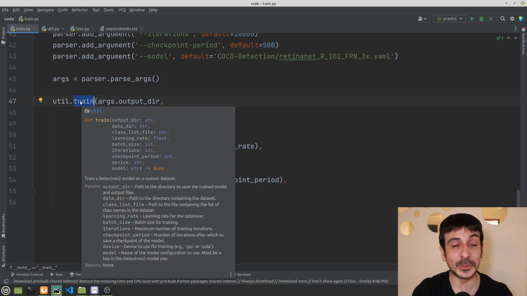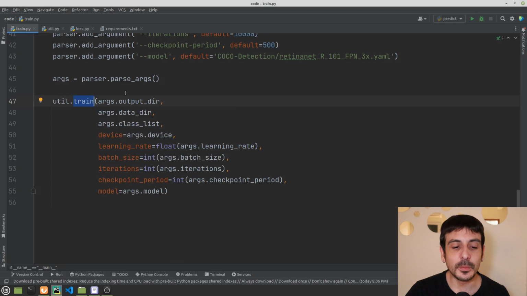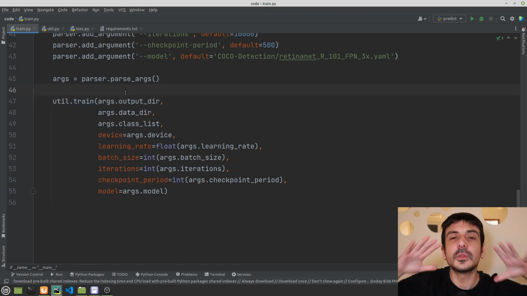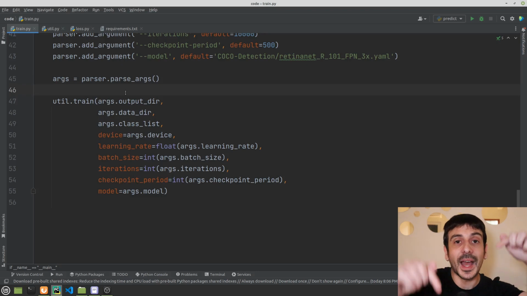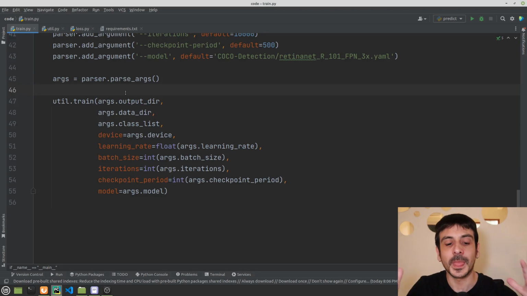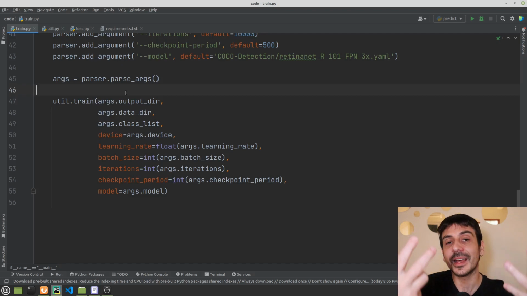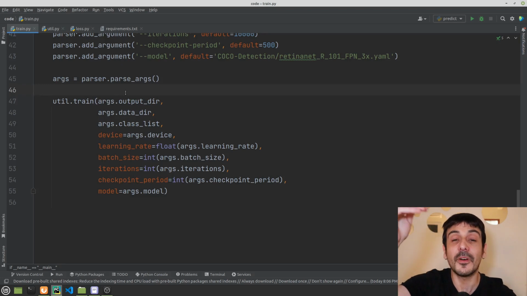If you have watched my previous tutorials on YOLO V8, the image classifier, the object detector, the instance segmentation model, the key point detector, absolutely all of my models, you will remember that the training process is super simple, super straightforward. The only thing we need to do with YOLO V8 is to code a couple of lines, and that's it. So for this video, for Detectron2, I wanted to give you something with the same level of complexity, the same level of abstraction.